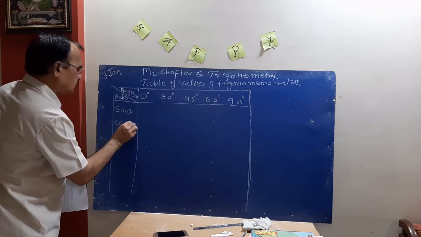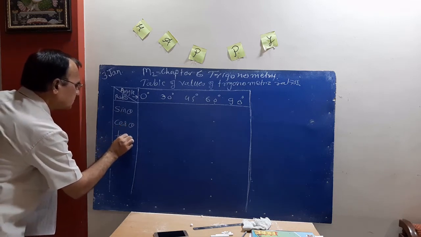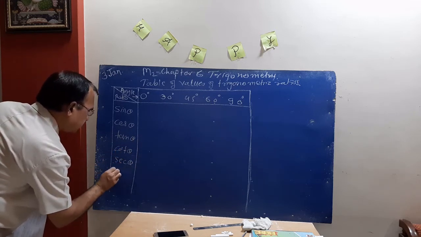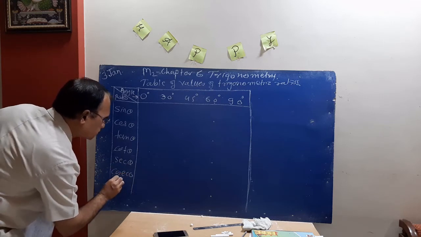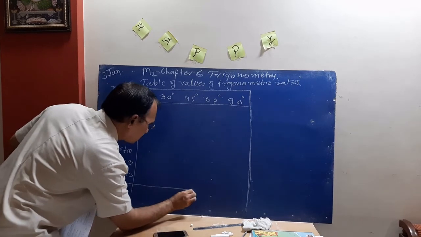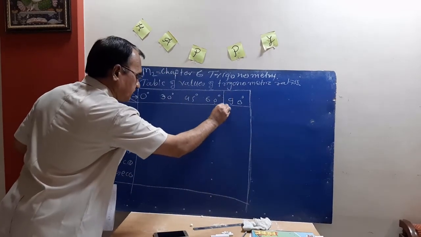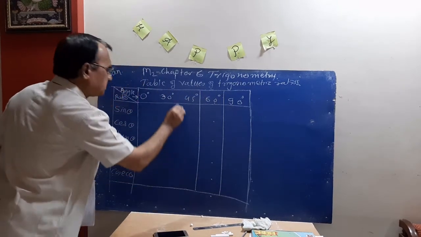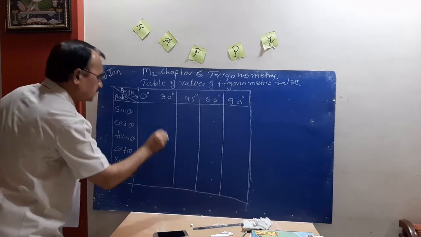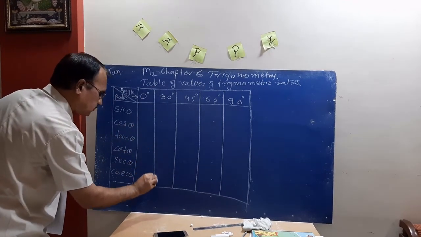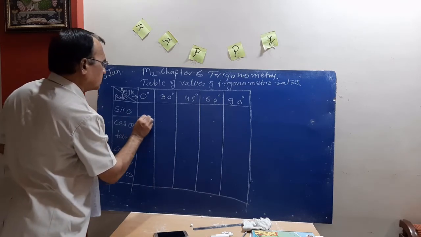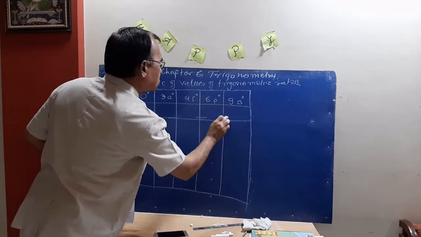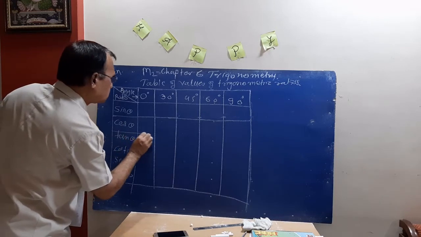Sin theta, cos theta, tan theta, cot theta, sec theta and cosec theta. Draw with the help of scale. This is very easy. You are also seeing all these values in 9th standard. Here we are going to see the one idea how to remember this table or these values.